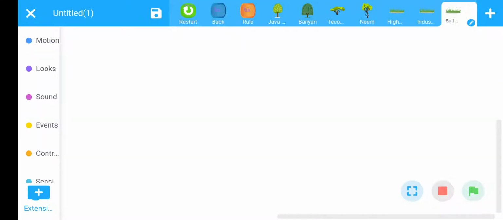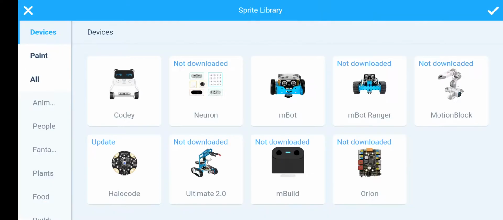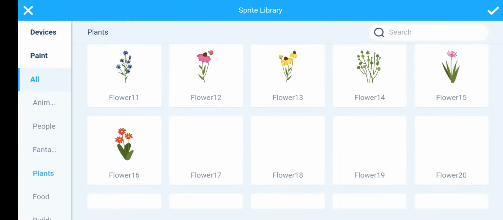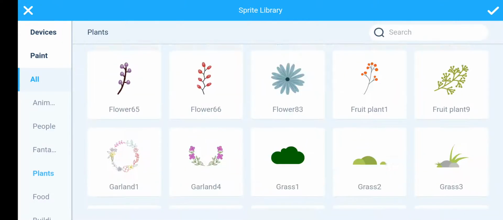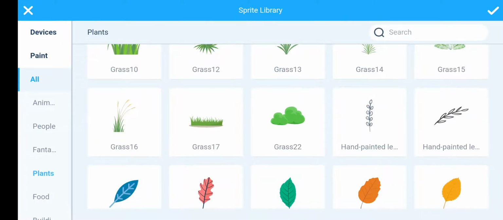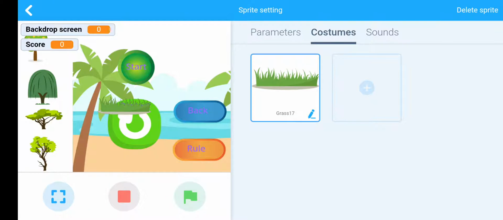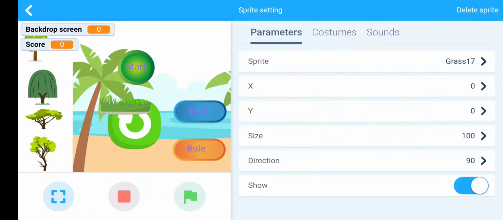Then last soil patch, same process, click on plus button, then plants, grass 17, okay. Click on grass 17, rename, click on parameter.